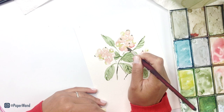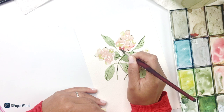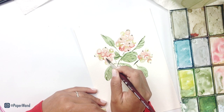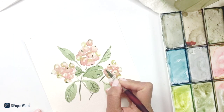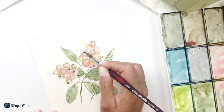I like to work light to dark, and it's a lot easier to add in color than take it away. So I like to work with these layers and build up my saturation. You can also go in and darken up any of these little spots on the ends of the berries. And then we're